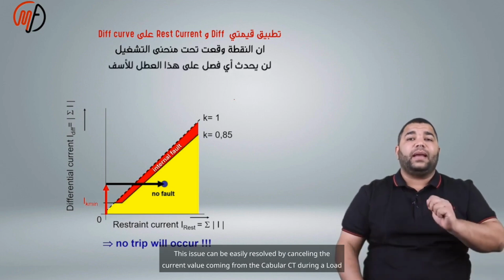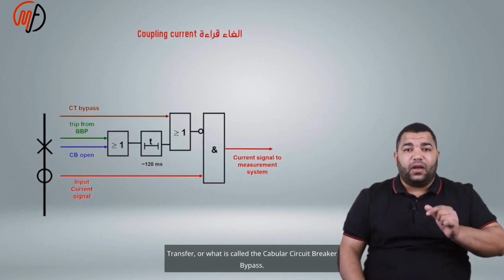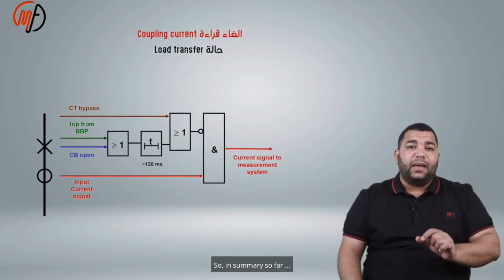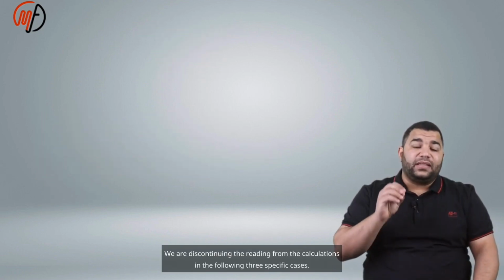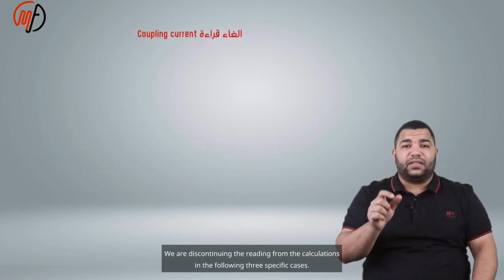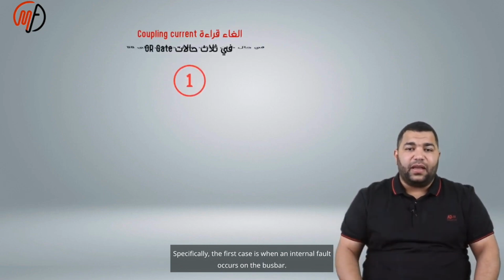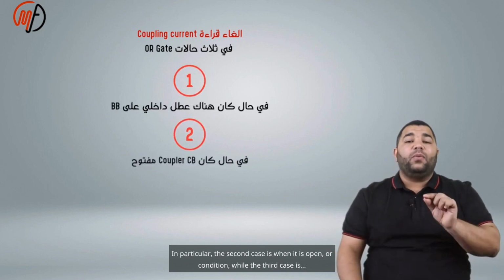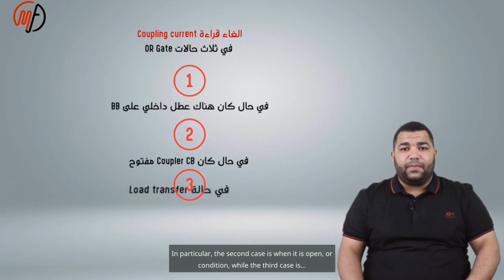This issue can be easily resolved by cancelling the current value coming from the cabler CT during a load transfer, or what is called the cabler circuit breaker bypass. So, in summary so far, we are discontinuing the reading from the calculations in the following three specific cases. The first case is when an internal fault occurs on the busbar. The second case is when it is open, while the third case is when a load